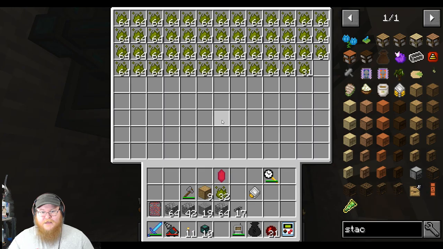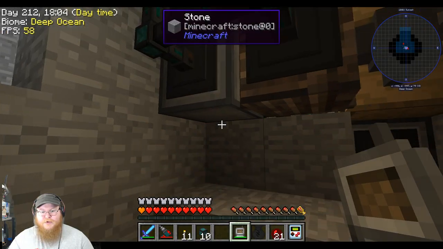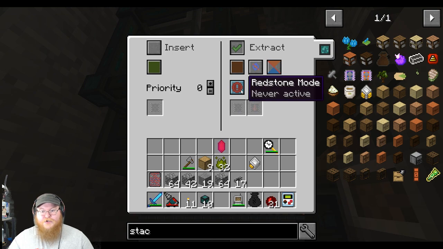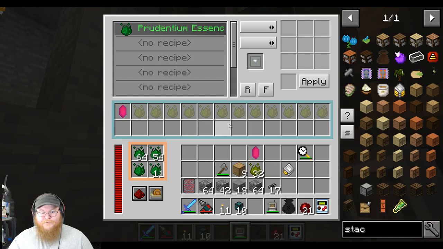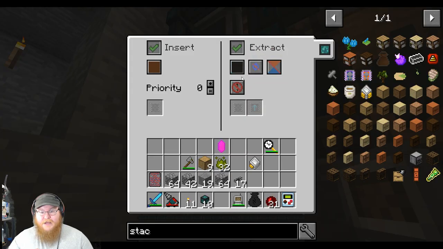And then what we can do here is this one is extract on brown. We want this one to be insert on brown. So now we should say always active. And this guy should be filling up, as fast as it'll go. And then we want this to be extract on...